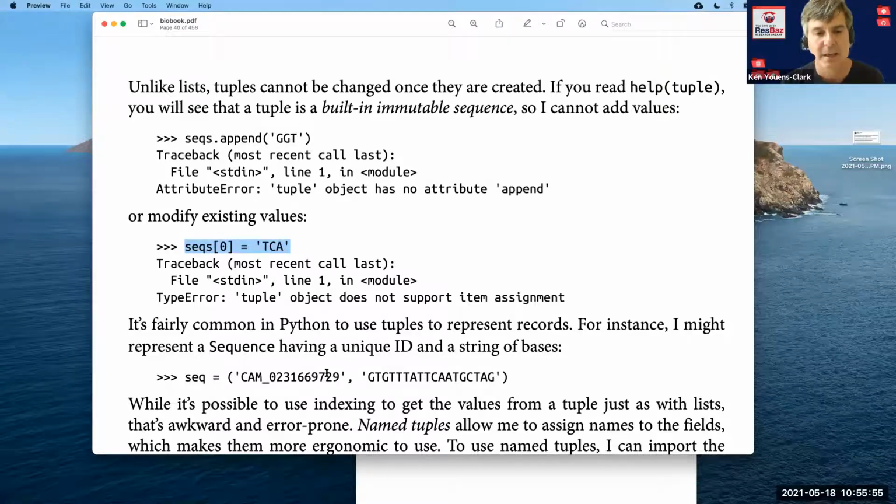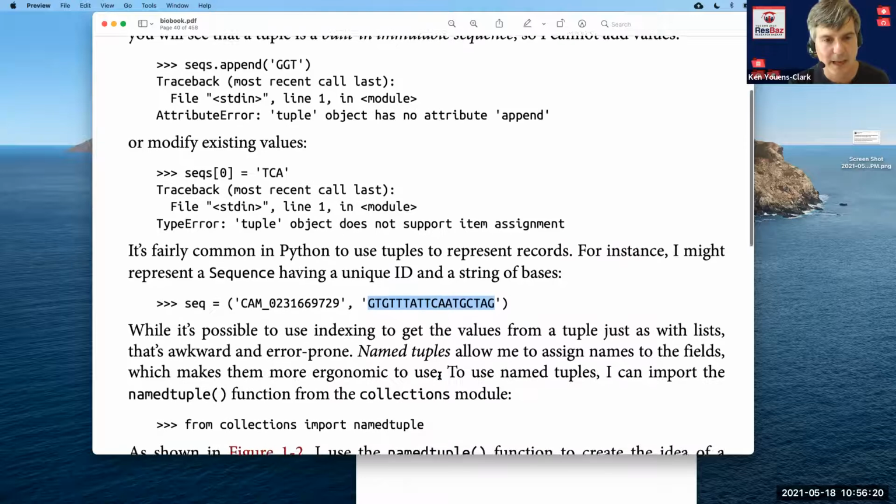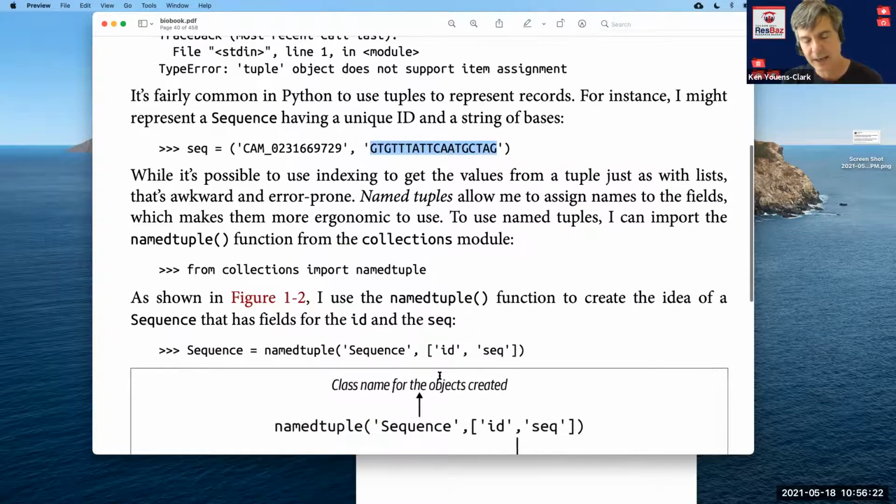So for instance, imagine I have some sort of sequence structure that has an ID, like you download some sequences from GenBank, and each one of those sequences has an ID and a sequence. I could represent that, for instance, with two strings. The ID is just a random mix of numbers and letters that came from some sequencing center. And then the sequence is the second thing, which is some string of DNA. And if it's useful to create that as a named tuple because I don't want that data to ever be accidentally changed in my program,